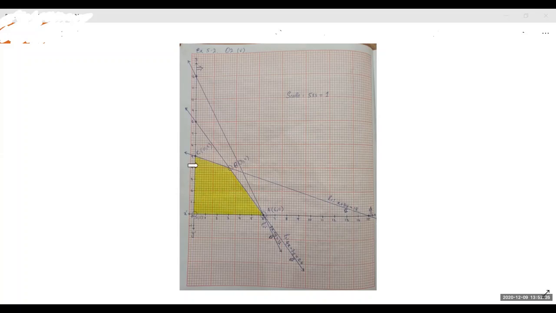And this is the common region of all these three. This arrow indicates x greater than or equal to 0, and this arrow indicates y greater than or equal to 0. And this is the solution region. These are the corner points: 0, 0; 6, 0; 3, 4; and 0, 5. And you can see point B is the point of intersection of L1 and L3. And that's it.